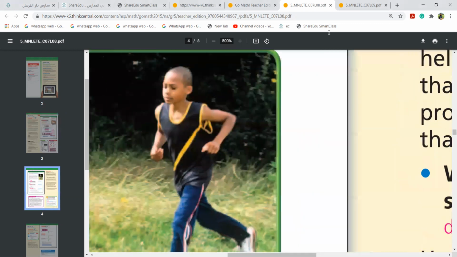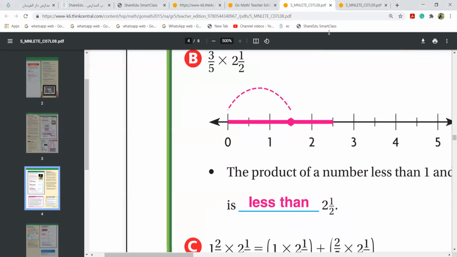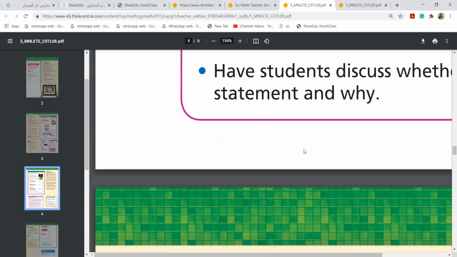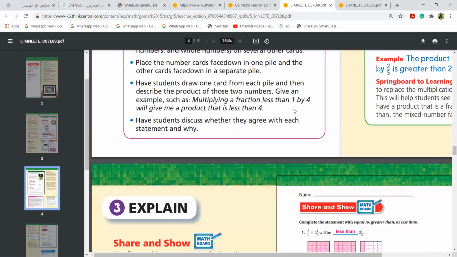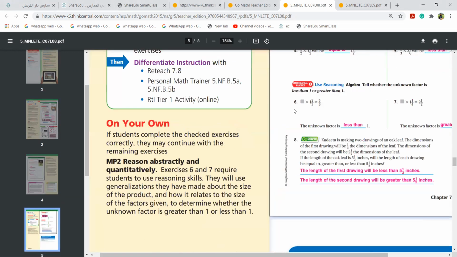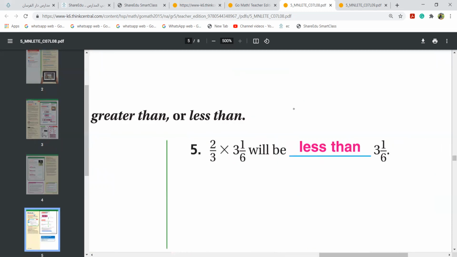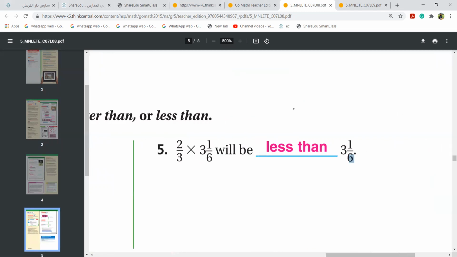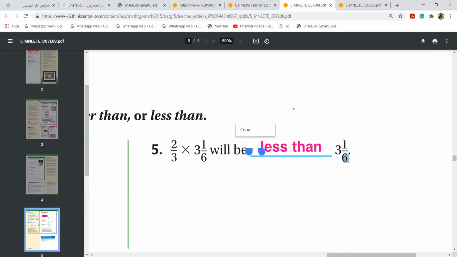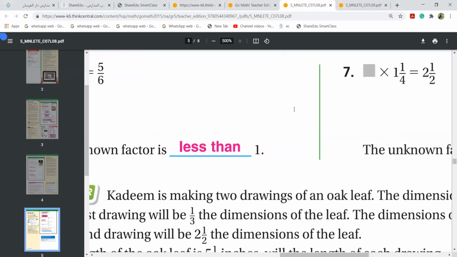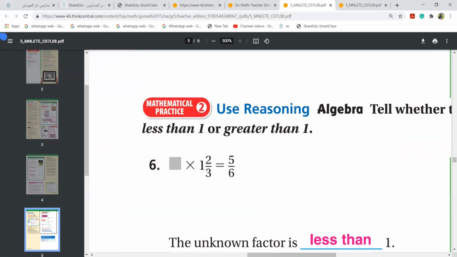Same way here, it was on your own. We have finished this, but now we will solve it orally so that you know how to do it by your own. Like coming to here. 1 1/2 and 1 1/2 are same. 2 and 2 goes cut, it is equal to. Here 3 1 over 6, 3 1 over 6. Here 2 over 3 is there. It has to be less than, fraction. If it is a mixed fraction, I told you put greater than. Here also, the algebra don't do it, I told you, right?